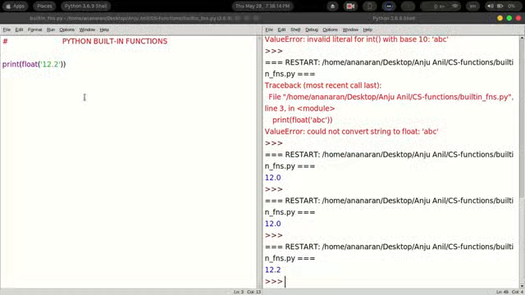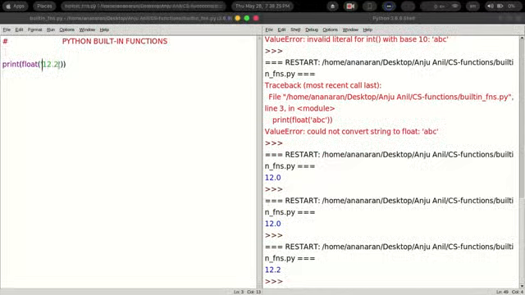That means here the string is converted to a number; however you give it, it will come like that. That is 12.2, if you give, it will come as 12.2.